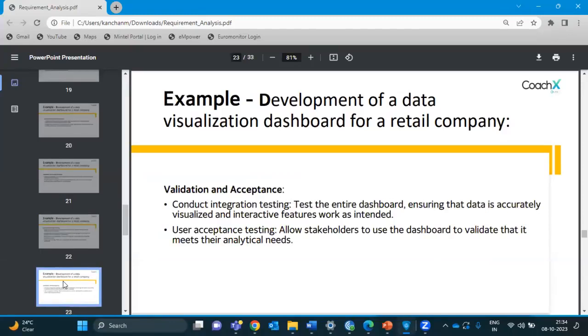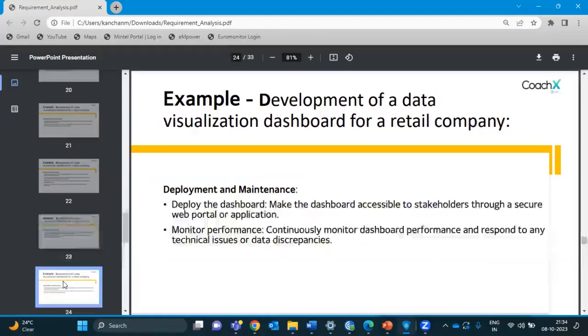And validation and acceptance we already covered. यहाँ पर आपको client बताएगा कि हाँ ये सही से बना है या नहीं. After you get a go ahead, you would deploy the final product into the production environment where the client would have a right to use the product or to see the dashboard, or to put filters and slice and dice your data. Okay, and then we will monitor the performance, like what's the response time, is the system available